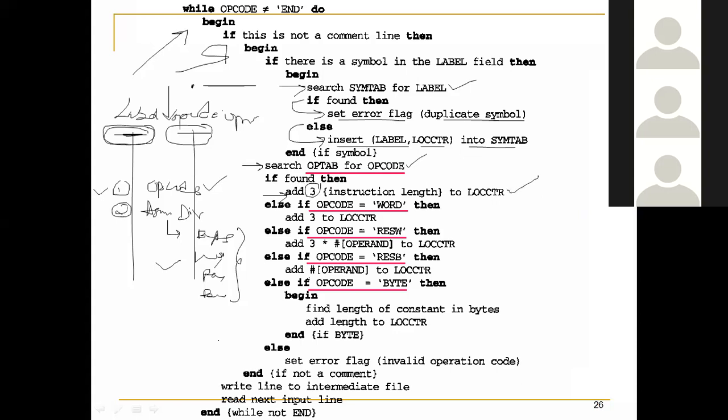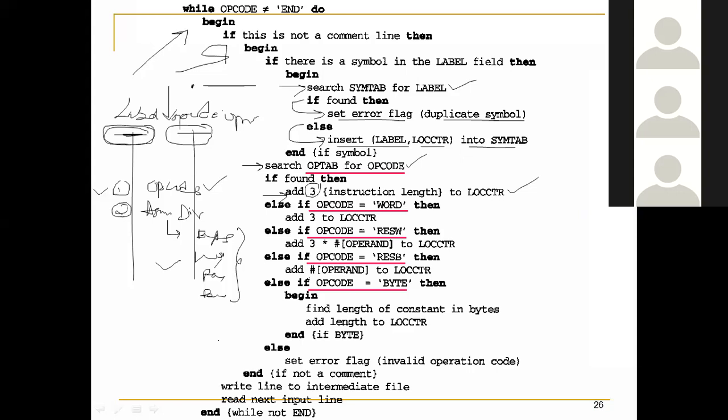Because I know that in the SIC standard model, every instruction size is 3. Of course, I'll get that information from the operation table, because the operation table stores the information about the instruction. It will say that this instruction is of this length, so I can add the appropriate length.